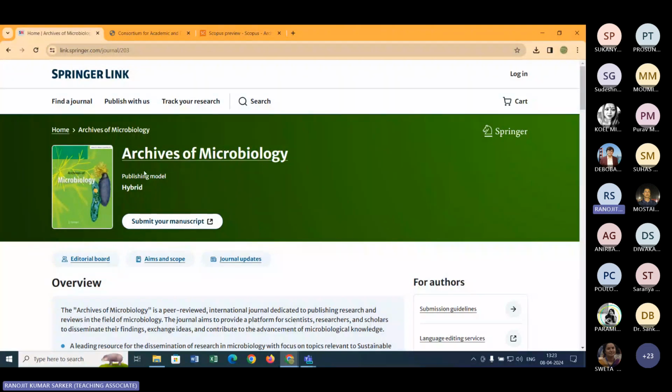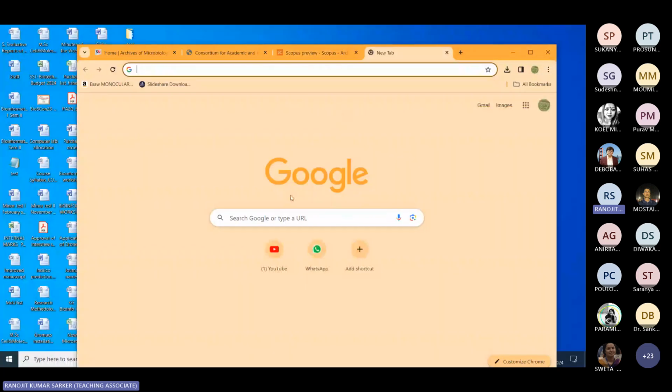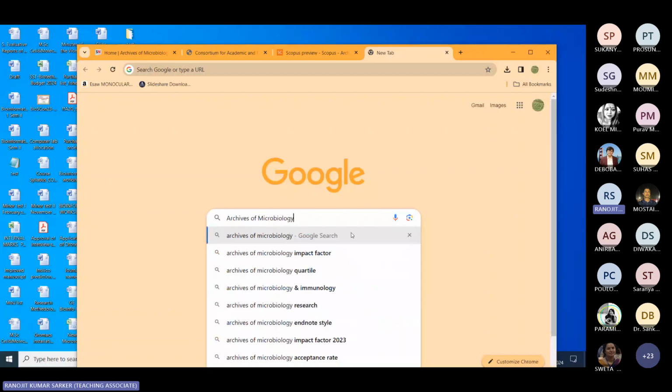Now, one more thing is how to check the correct impact factor for a particular journal. Many times what we do, we actually search through Google to get the journal's impact factor, and many times we are misguided. So what we can do here, there are two ways. One is that we can go through the Thomson Reuters site from Google, and the other one is very, very interesting. I am interested to show you that you write the journal name and you get the